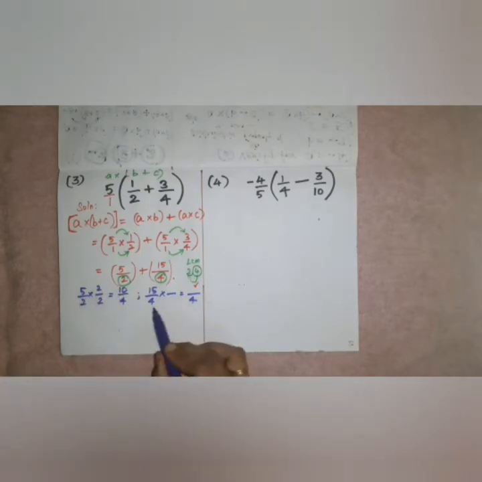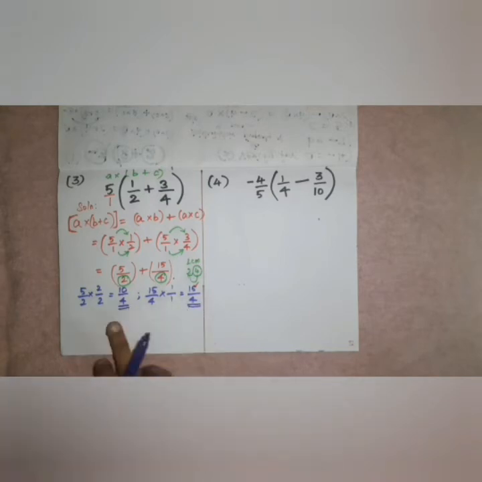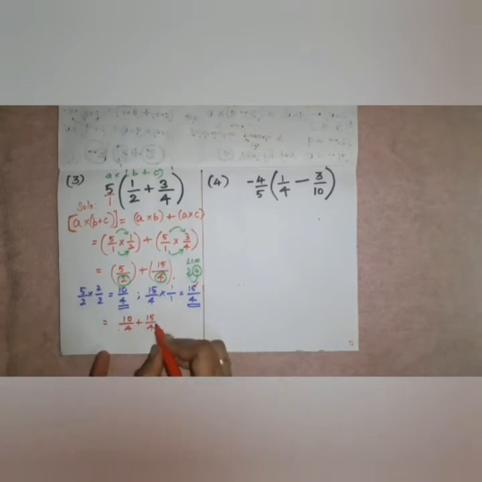So it's 10 by 4. Here it's 1 1. Already it's 4, so not necessarily to multiply with any other number other than 1. Got it? My denominators are same, so easily we could add it. 10 by 4 plus 15 by 4, which is equal to, commonly I can take 4, 10 plus 15, which is 25 by 4. You can leave it or you can bring it down to the simplest form.